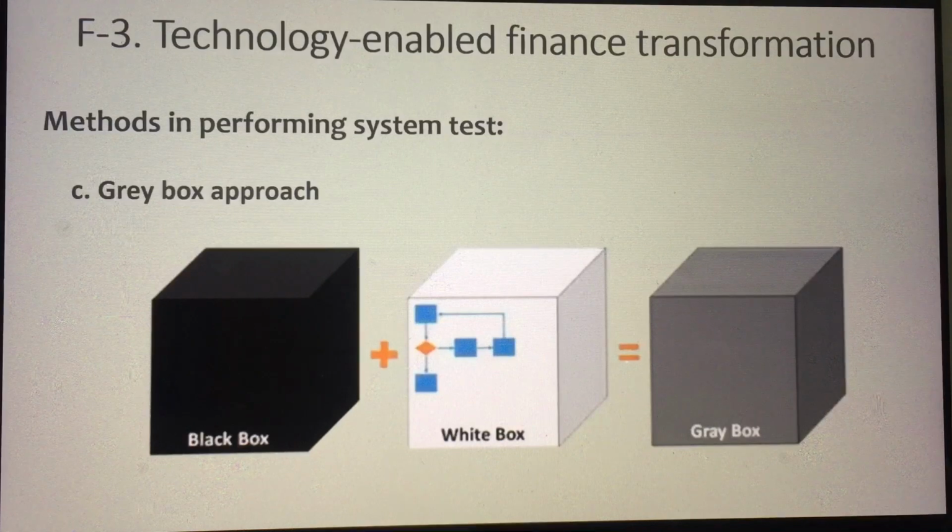And then we also have what we call your gray box approach. Your gray box approach is like a combination of the first two. The first one is you don't have an idea or you don't have the specific details of what the system is all about. And then later on, they give you an idea of the functionalities, of the codes, what is running, what are the programs within the system. And with that, that's what we call your gray box approach. So it's a complete package, our gray box approach. Okay, so it's just black, white, and gray system tests.